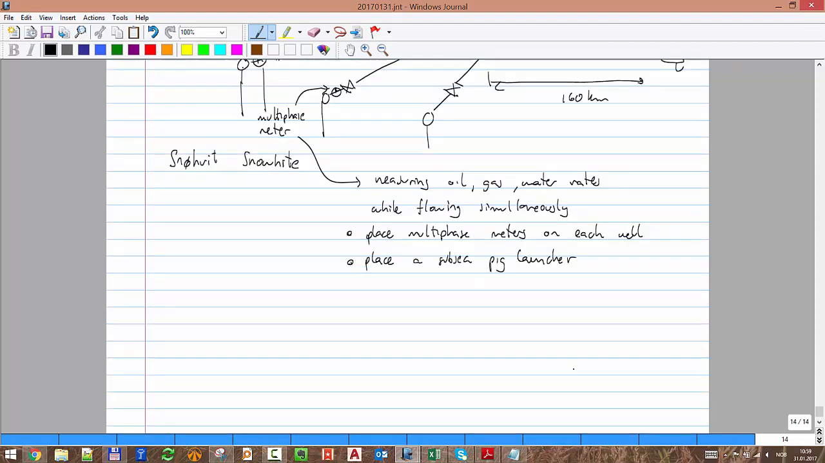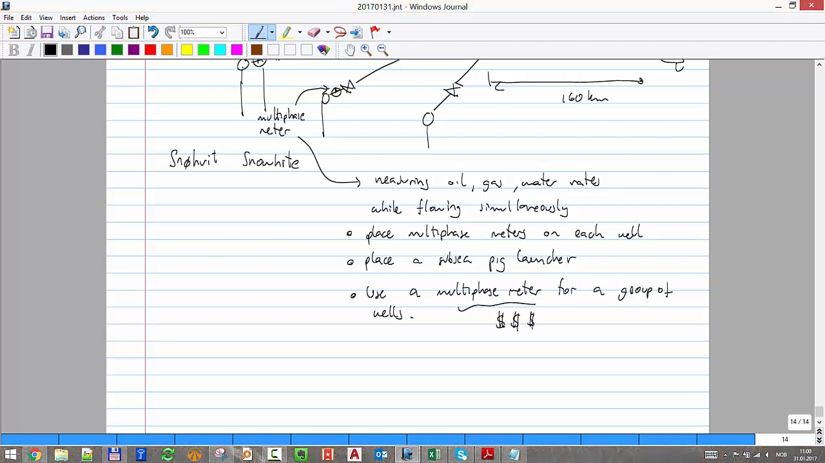Or you can also use a multi-phase meter for a group of wells. Usually these multi-phase meters are very expensive, and if the wells are not really huge producers, I don't want to make that investment for every well. It can add up a few millions more just to have a multi-phase meter in every well. So what I do is